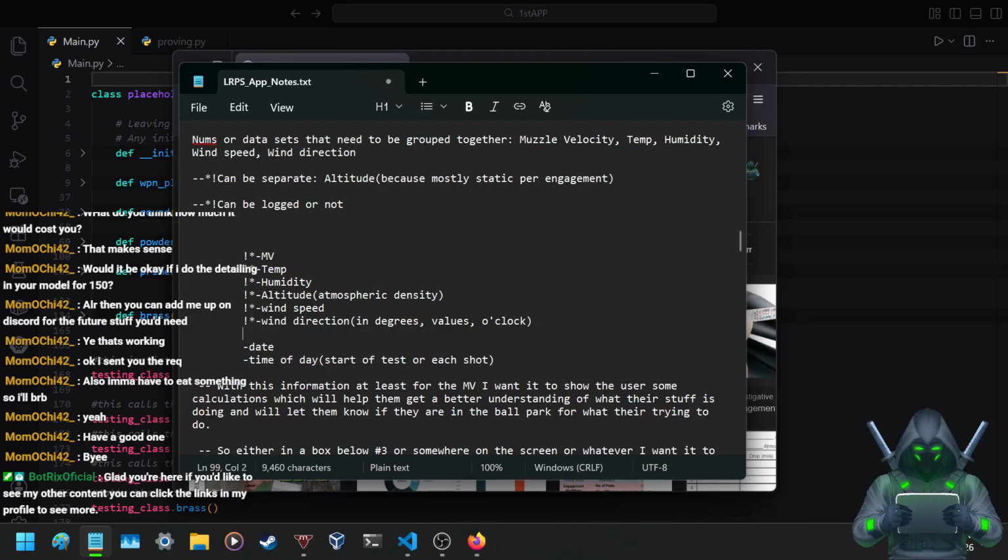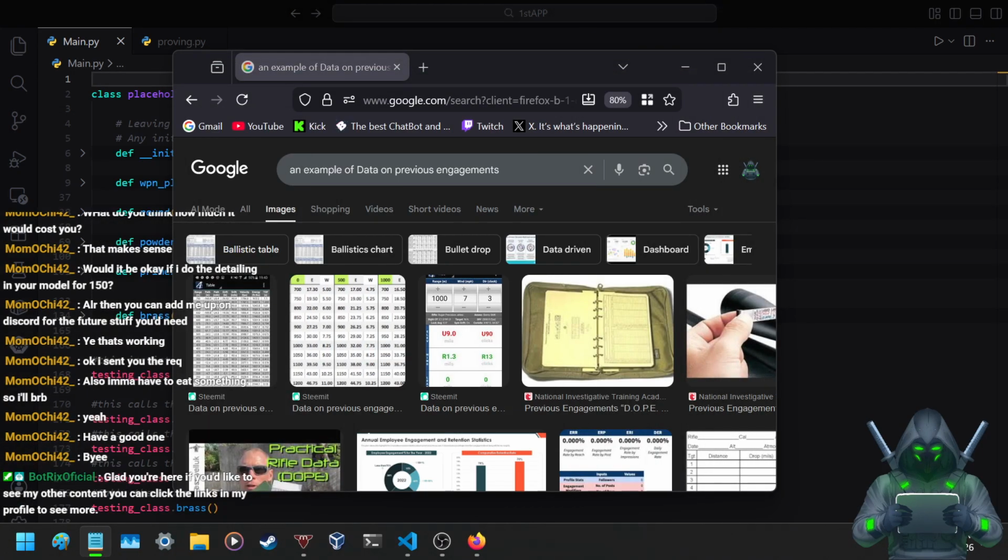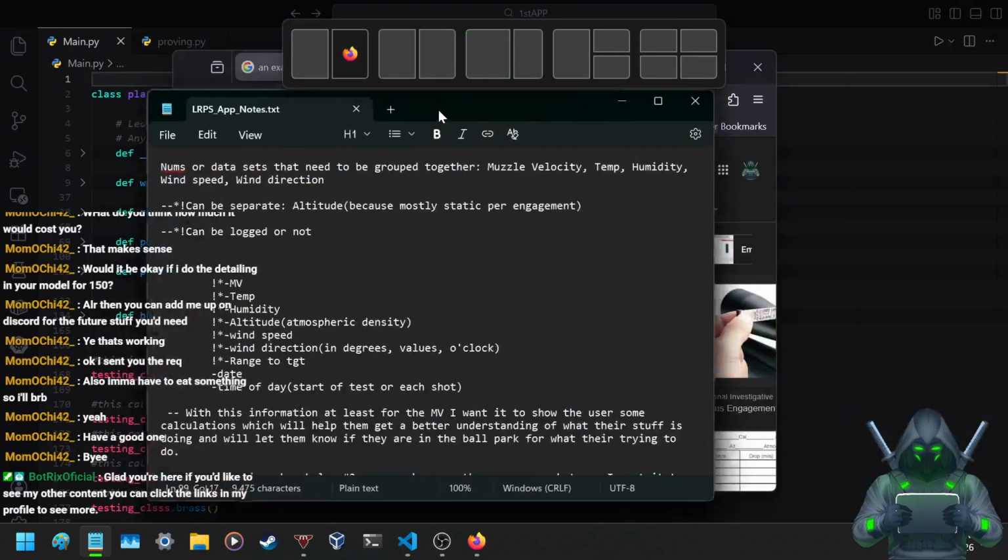additionally, I just thought about this. Range to target. Right. So when you have all of that, it gets put into a book like this, right? And then you measure also, I forget what it's called,